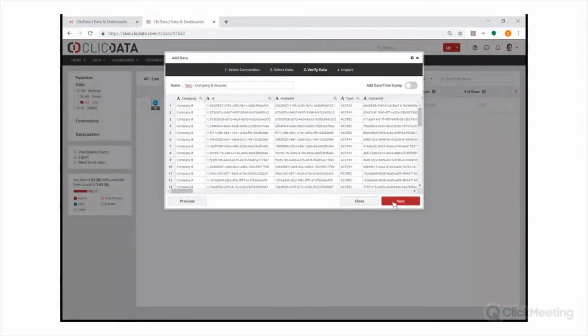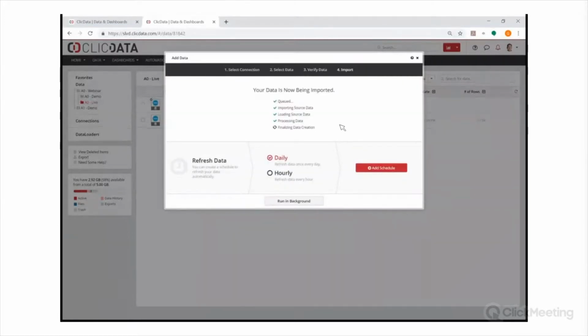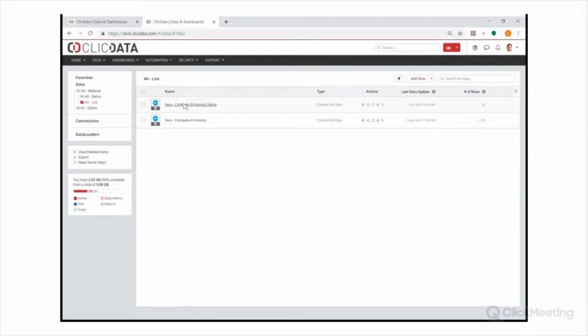And we click next to now extract the data out. Sorry, I'm going to just call this demo. And we'll try again. And this has now gone to Xero. It's now retrieving the data, and we land up with a table called Company B Invoices Demo within our environment. Now, we could quite easily put these onto the dashboard and show the data, but our widgets drive off